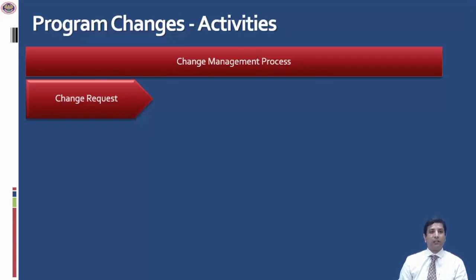Whereas in a normal change, the process is followed before the change. In the case of emergency change, the process is followed after the change is made. The necessary documentation and approvals need to be obtained subsequent to the change. The reason for emergency also needs to be recorded and documented. As auditors, we need to be very careful about the emergency changes because emergency changes bypass the normal process.